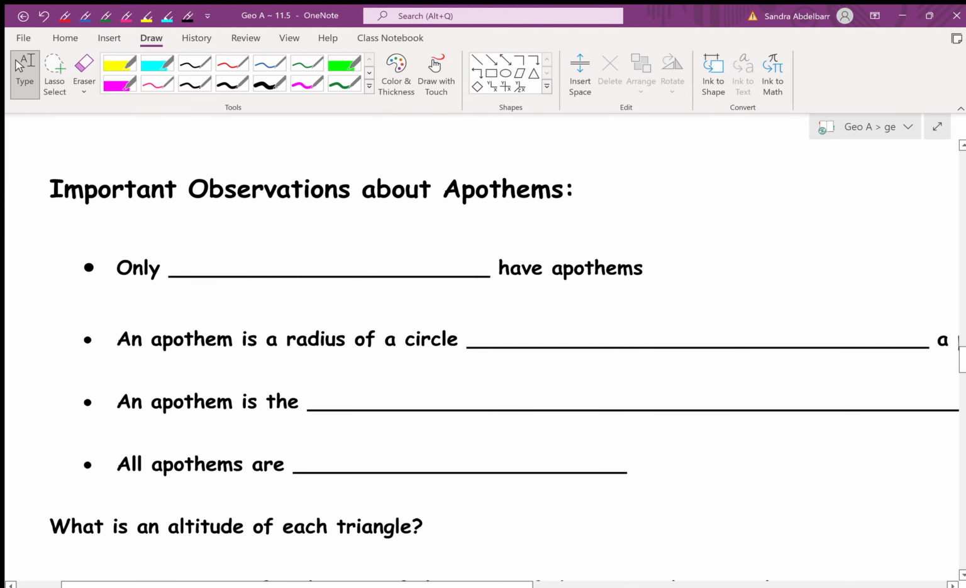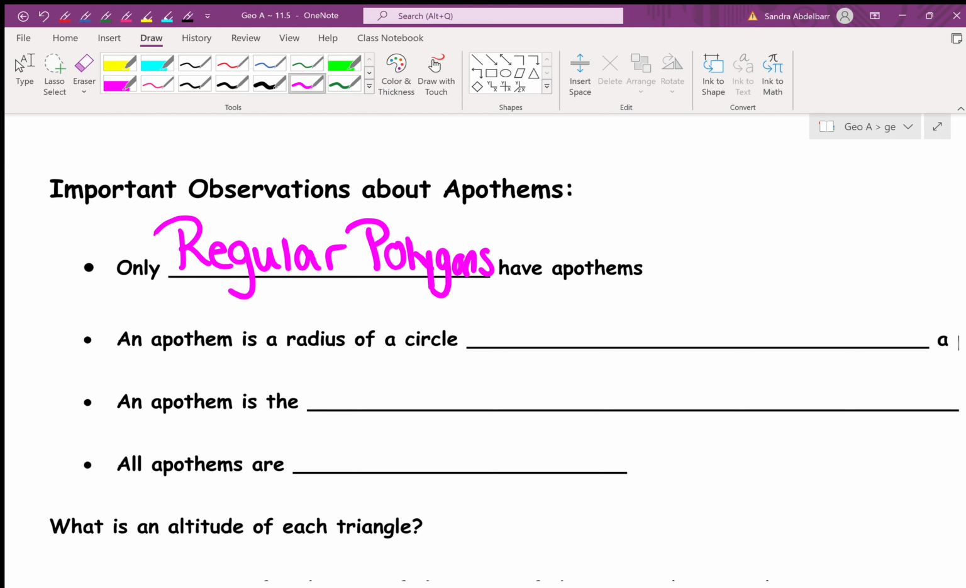All right, important observations about apothems. Only, this is a big one, only regular polygons have apothems. So does that mean a rectangle has an apothem, yes or no? No, rectangles do not have it. Do squares have it? Yes. Do equilateral triangles have it? Yes. Do isosceles triangles have them? No. Good. An apothem is a radius of a circle